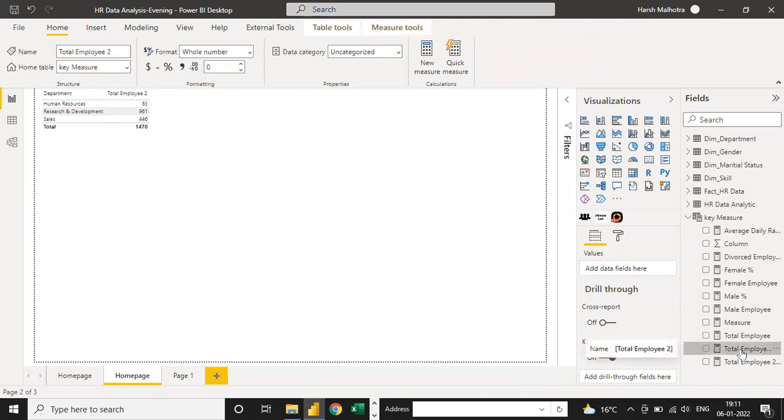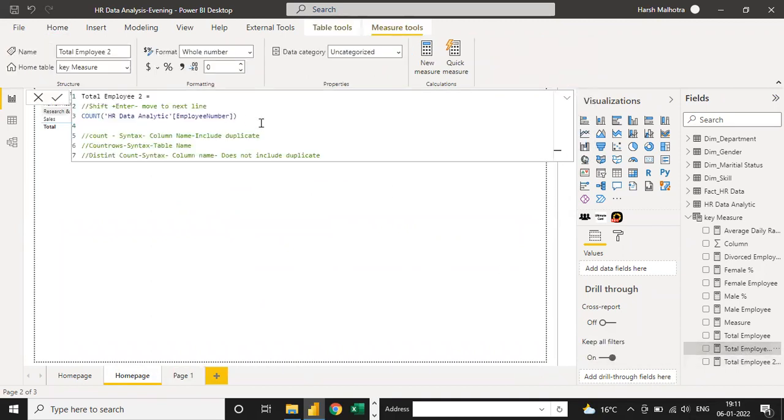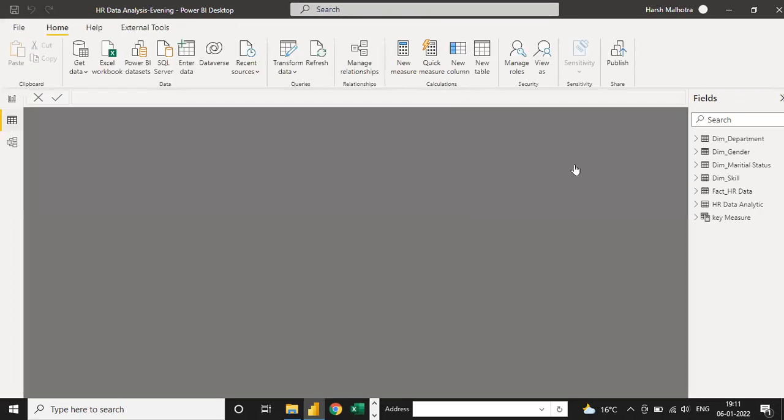Let me just check this one. It's a count function. Under the count function or count rows? Total employees, count of total employees. So when you say employee from the HR data analytics file and you say count employee, that employee word helps it understand what is in that column, who is the employee. One of the headings has to be employee like this. And yeah, let me go to this.